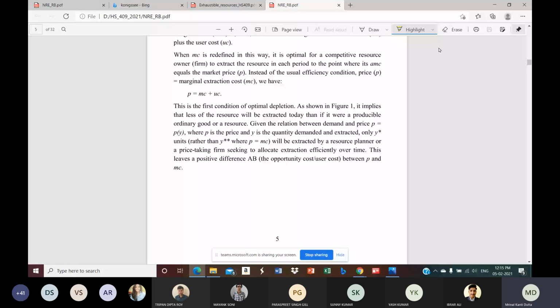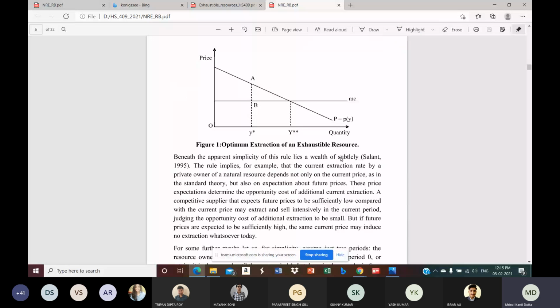So with the help of a diagram, I tried to show you this diagram yesterday. Here the quantity is on the x-axis, price is on the y-axis, and we have the demand function, which is given as price being a function of income. So the relationship is an inverse relationship, and that basically shows the demand for the product, how much demand there is for the product at different prices. Okay, so if it is a resource, the price of the resource will determine how much of the amount will be demanded by